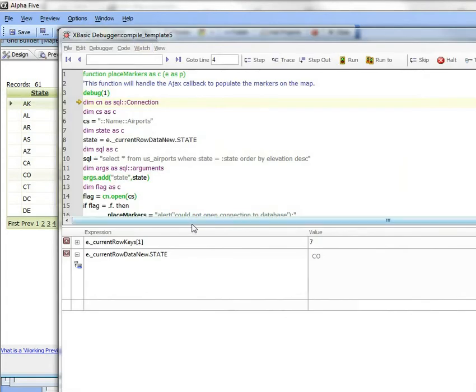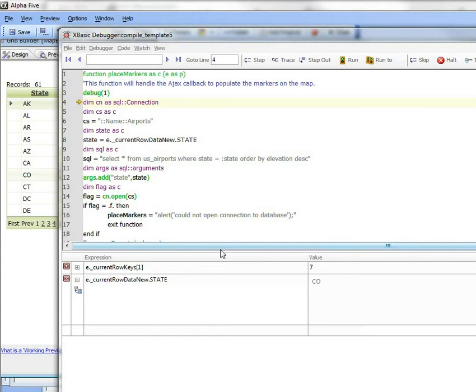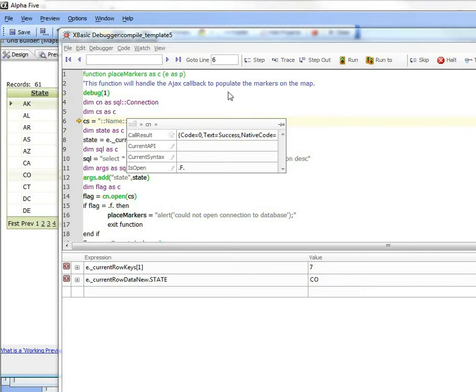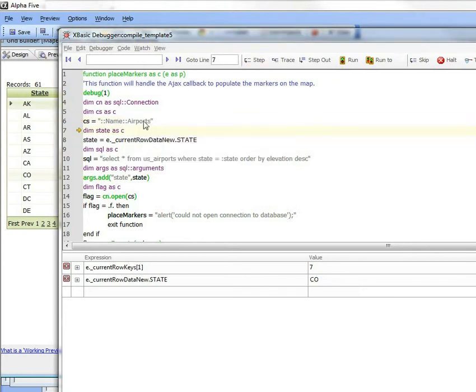So here we are in the debugger, and the first thing to notice is I'm going to basically just examine what's inside e.currentRow.dataNewState, and you can see there that that has the value of Colorado, which is the state in the row that we clicked on, and that we need that information. So here we're getting a SQL connection object, and here's our connection string to the airport's database, and now we're